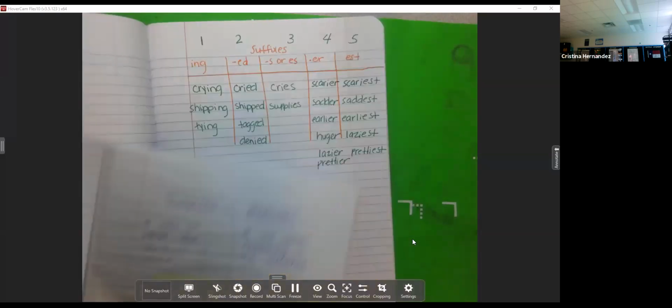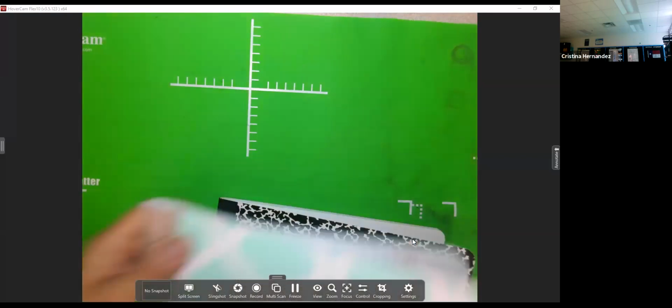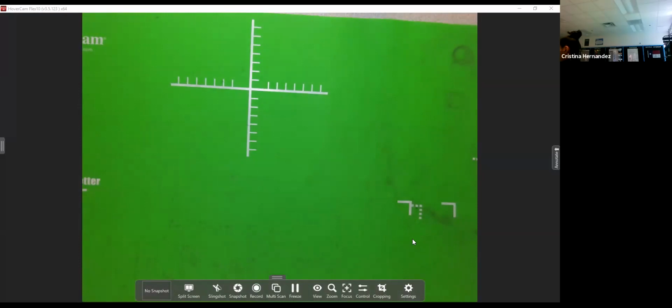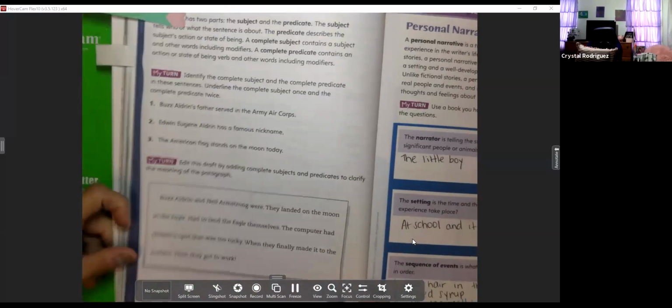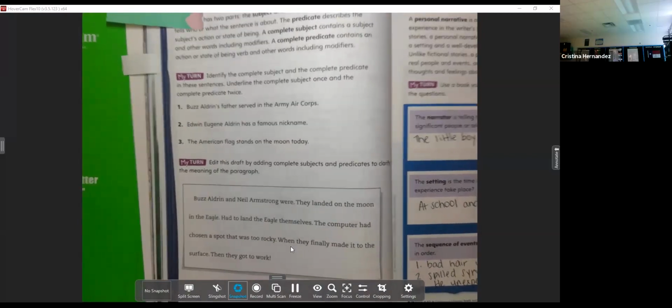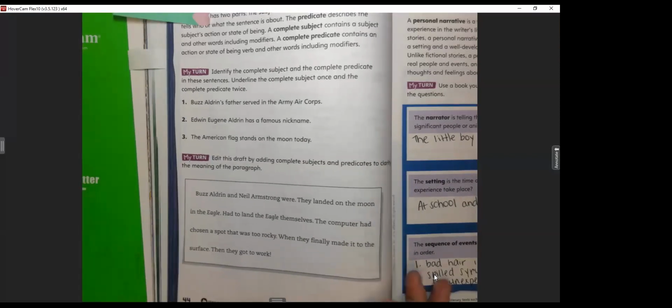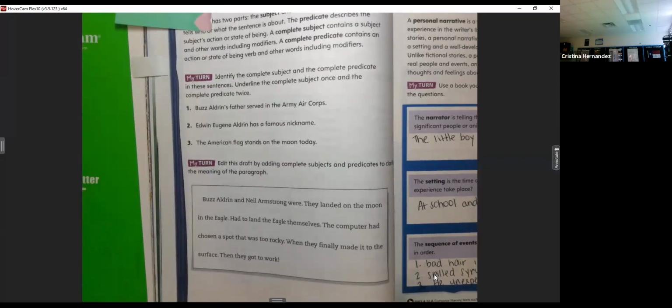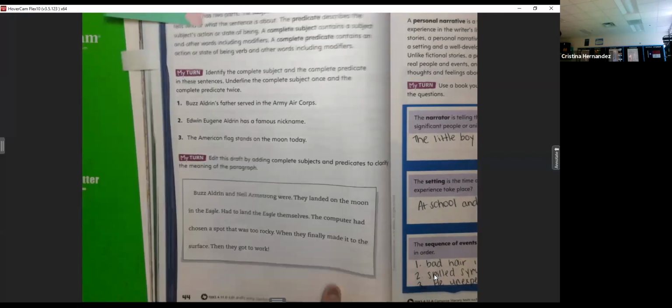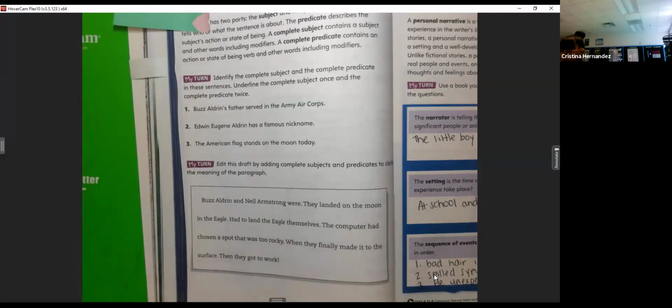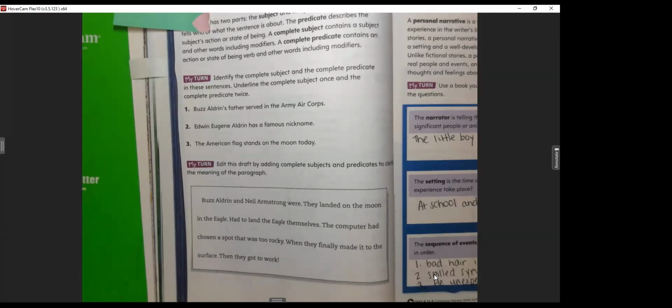We're going to go to your My View book. You can move your journals to the side. You don't need them right now. Okie dokie. My View book, page 44. Can you see my book on the screen? It's got numbers at the bottom, so you should be able to find it. Okay, I'm here.